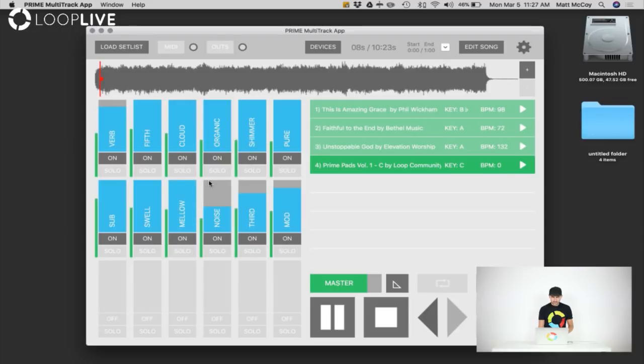So a lot of pads out there are just one audio file that's all mixed together and you just play with that. Well, what we did is we broke that pad up into different sounds. So there's one that we called verb, or fifth, or cloud, organic,